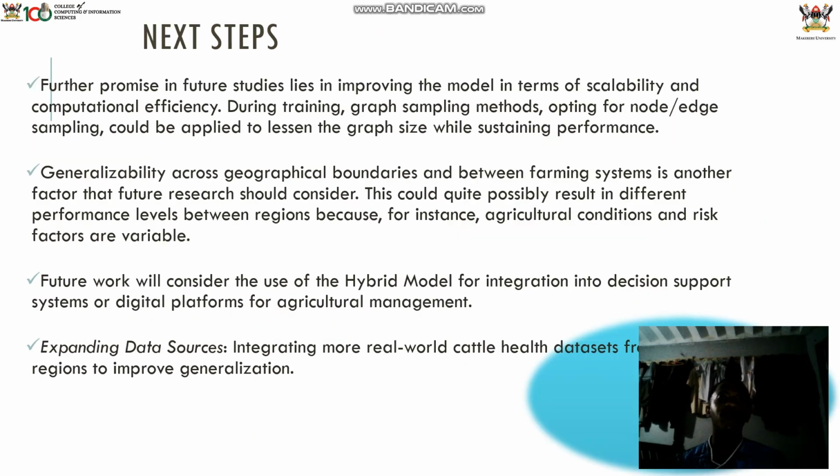And for the next steps, we plan on improving the model in terms of scalability and computational efficiency. We also plan to generalize across geographical boundaries and between farming systems in the future, and this could quite possibly result in different performance levels between regions, basing maybe on whether this is Gulu, it has this kind of ECF density. And then we also talk about using the hybrid model and integrating it into several systems, and also finding a better data set which has more real world cattle